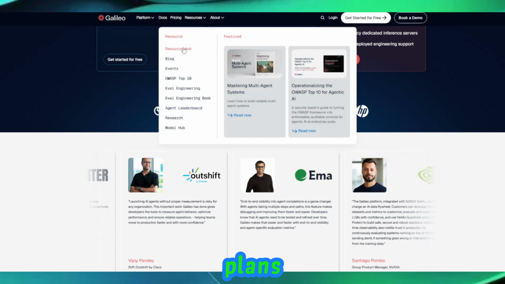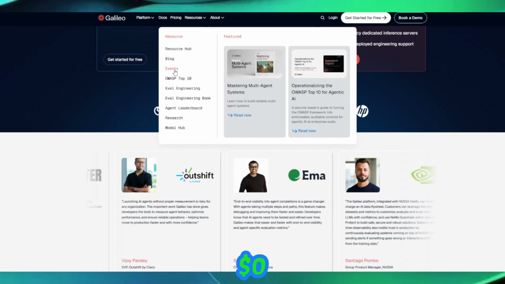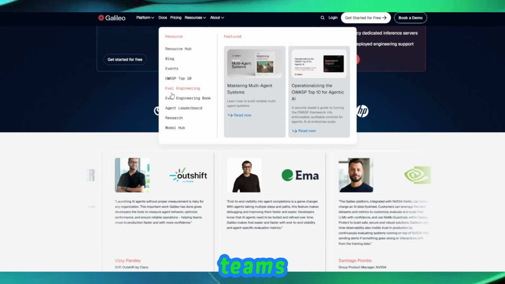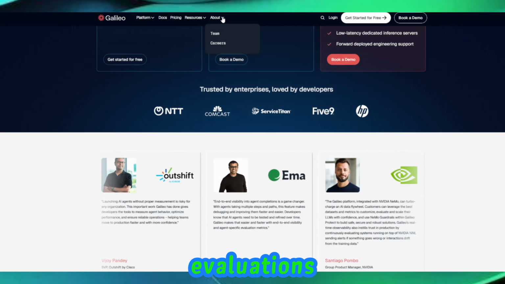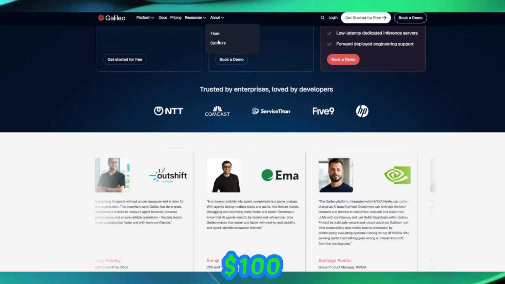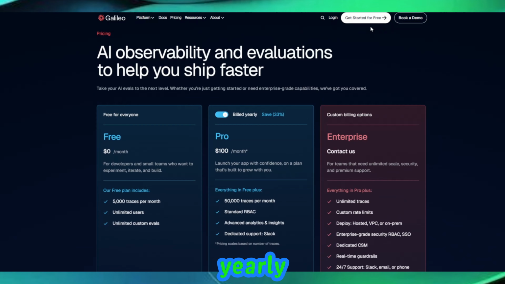There are 3 pricing plans. The free plan offers $0 per month for developers and small teams with 5,000 traces per month, unlimited users, and unlimited custom evaluations. The Pro plan costs $100 per month when billed yearly and includes everything in free plus 50,000